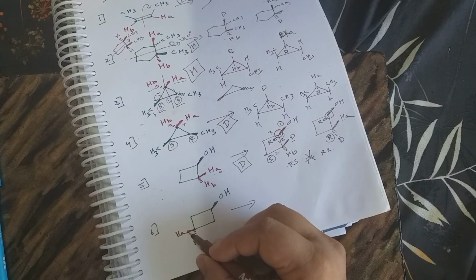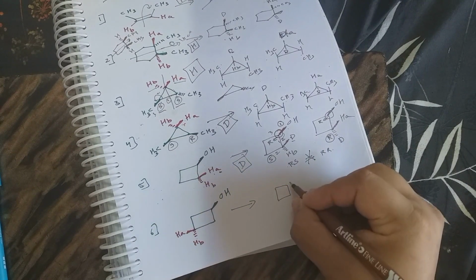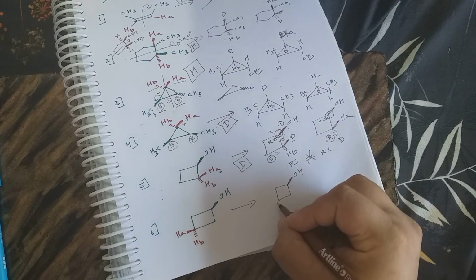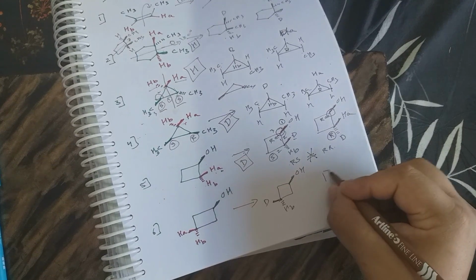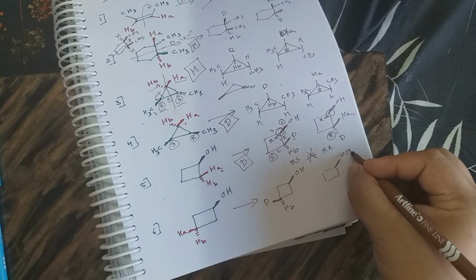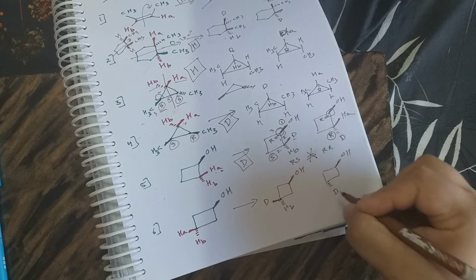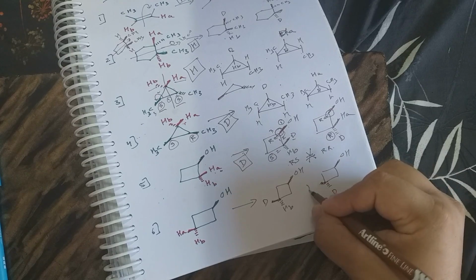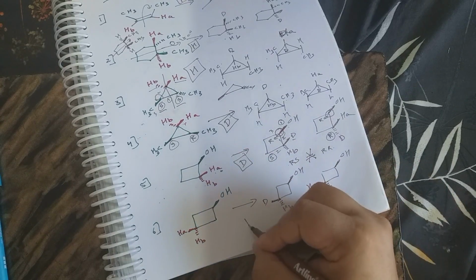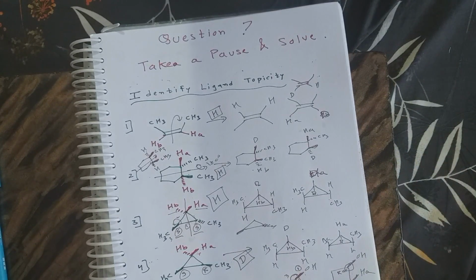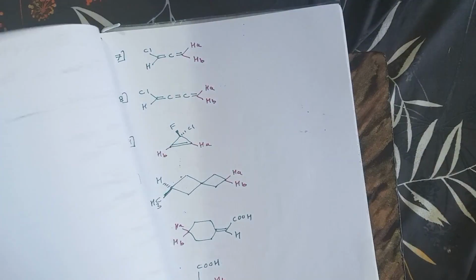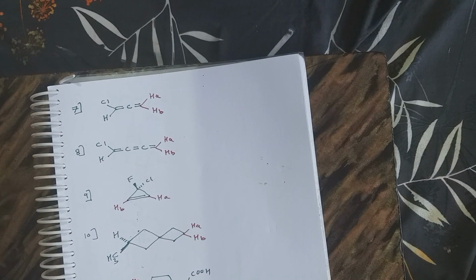If you have HA and HB at this position on a cyclobutane ring, one time this OH is cis with this deuterium, and one time this OH is trans with this deuterium. So again the relationship is diastereotopic, okay. It is a very simple trick, a very simple concept. So the exchange rule is very helpful, as well as the symmetry criteria; whichever is comfortable to you, you can apply, okay.